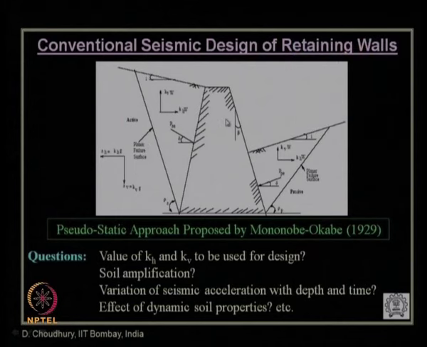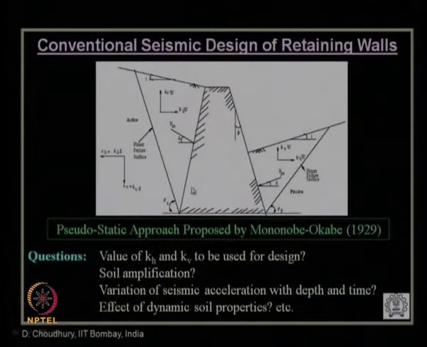That means, suppose you are designing a retaining wall in a soft soil, maybe loose sand, and another retaining wall in dense sand. For both of them, as far as the chosen soil properties are considered, you can only take care of the static soil properties, that is the phi value and wall friction value etc., but you cannot take any dynamic soil property, which is also an important factor as far as earthquake engineering is concerned, as we have already learned.